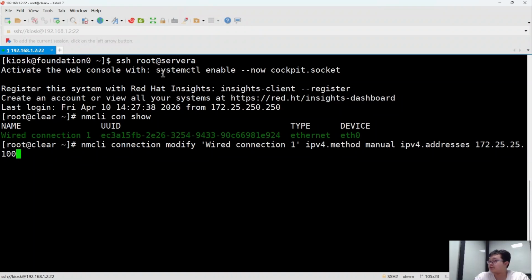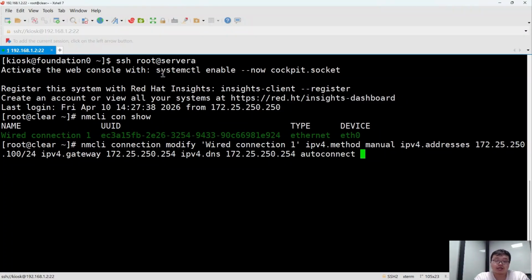Here, we have 172.25.250.100. All right, so for the subnet mask here, it's 24. For the gateway, it's ipv4.gateway, followed by 172.25.250.254. This is our gateway. As for DNS, it's ipv4.dns, followed by 172.25.250.254. Finally, add an auto connect option to enable it at startup, and then we execute it, and then next